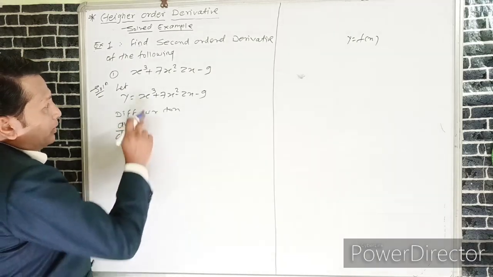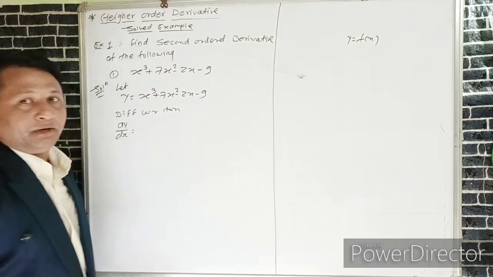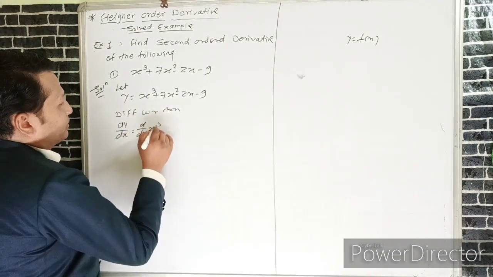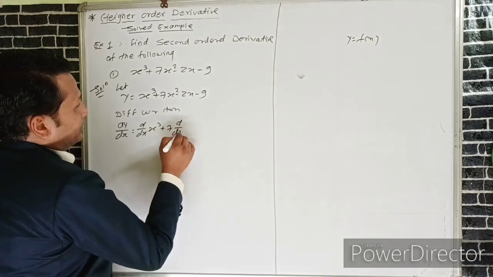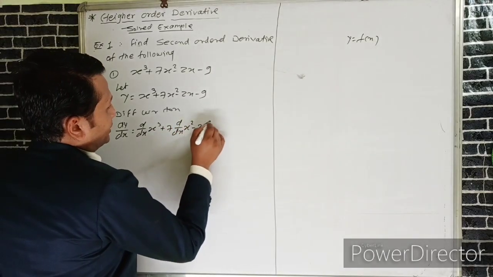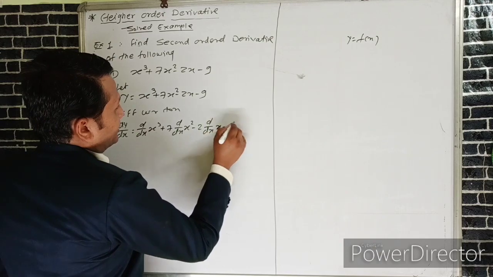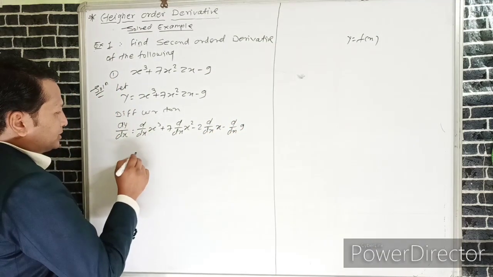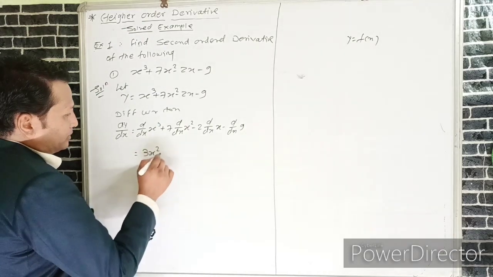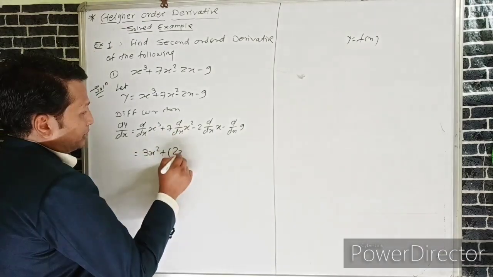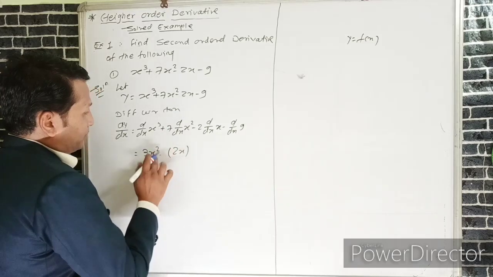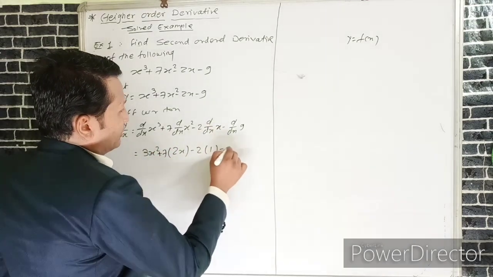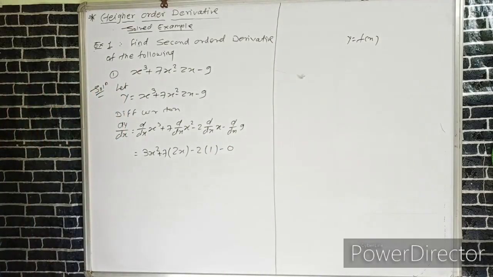dx. We can take a separate derivative of every term. We take the derivative of x cube, 7 is constant, we take the derivative of x square, minus 2 is constant, derivative of x, minus derivative of 9. Here the derivative of x cube is 3x square, plus 7 into the derivative of x square, which is 2x, plus minus 2 into the derivative of x, which is 1, and the derivative of minus 9, which is a constant function, is 0.